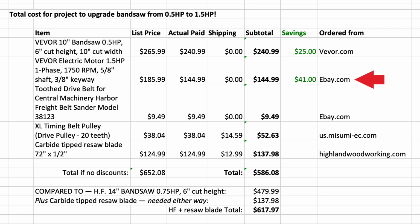The 1.5 horsepower VEVOR electric motor lists on their website for $185.99, but I was able to pay less than that on an eBay purchase of it, getting it for only $144.99. So I saved $25 in a coupon on the bandsaw, $41 by an eBay purchase of the 1.5 horsepower motor. I was able to buy the toothed drive belt for a Central Machinery Harbor Freight belt sander for only $9.49 on eBay, and the XL timing belt pulley from Masumi USA for $38.04 plus $14.59 for shipping, making it a total of